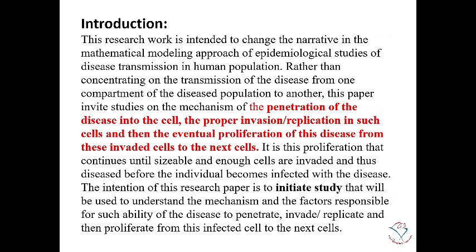Or if it gets into the cell, we stop it from replicating within the cell. Or if it can replicate within the cell, can we stop it from proliferating? Because these are the 3 stages that any pathogen undergoes before it can establish a disease in the human system. So what I'm trying to do here is to motivate us